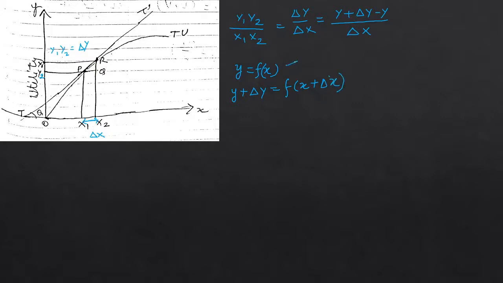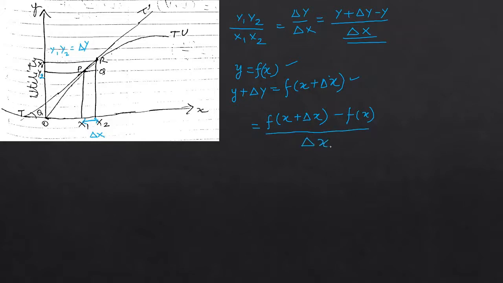Let's put these values in, so we get f(x plus delta x) minus f(x)